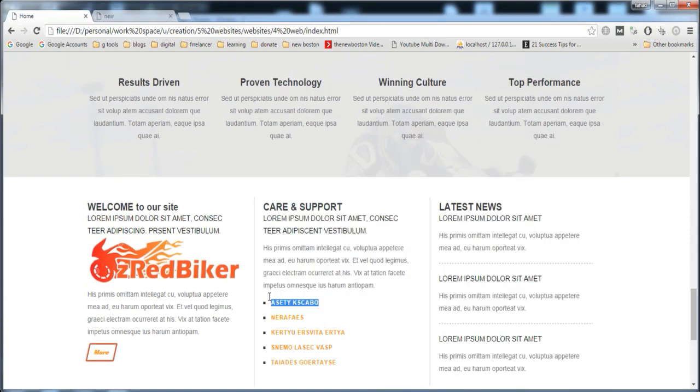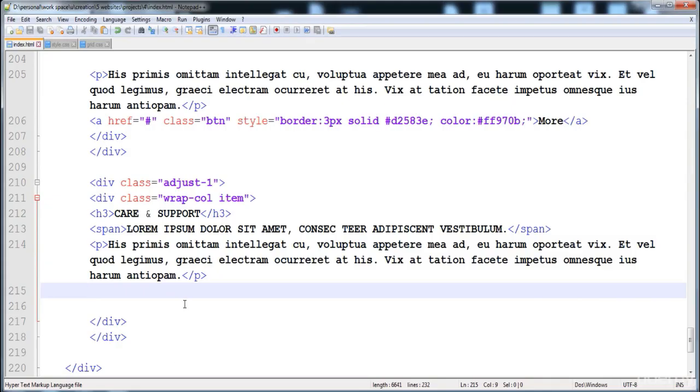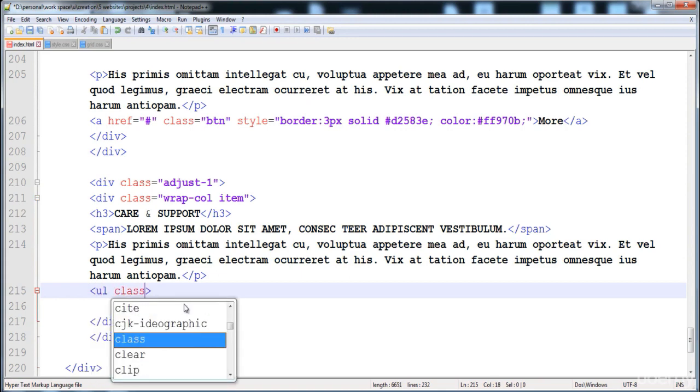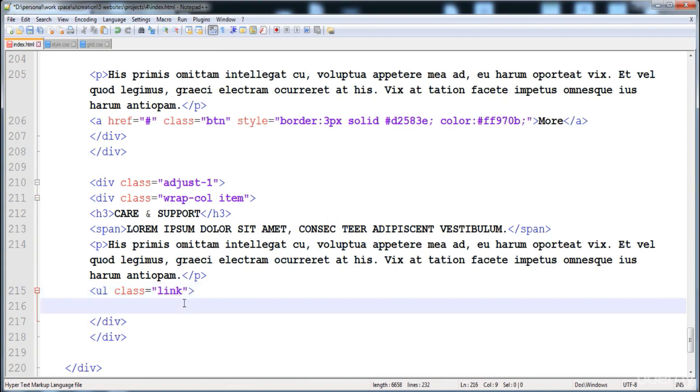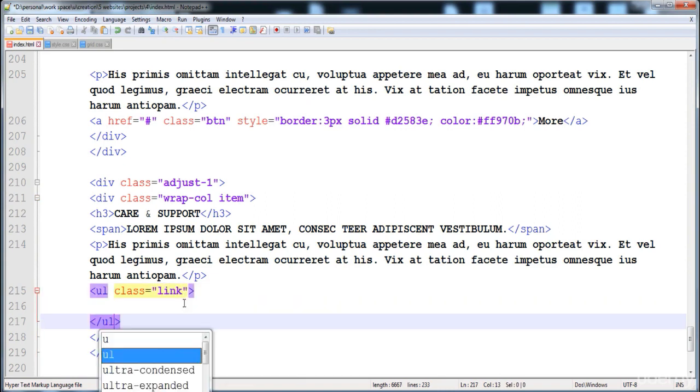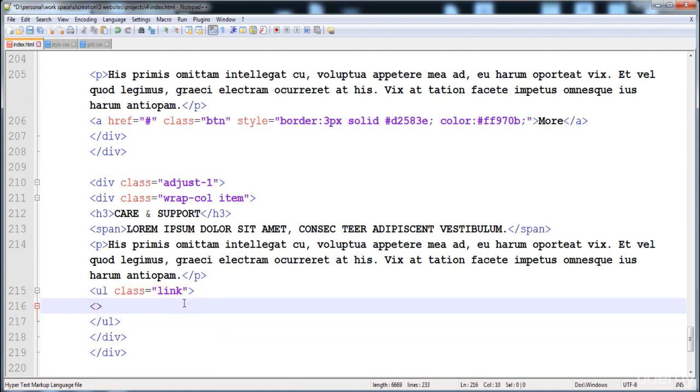Here I'm gonna copy a single text, and then I will create copies of it. Here is the class, here is the link, and here is the UL, and here are the list items, here are the list items, and here is the anchor tag, and here is this href, here is href,